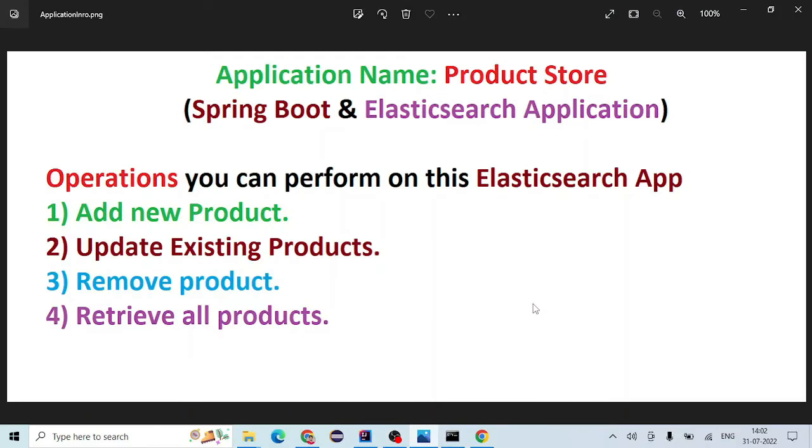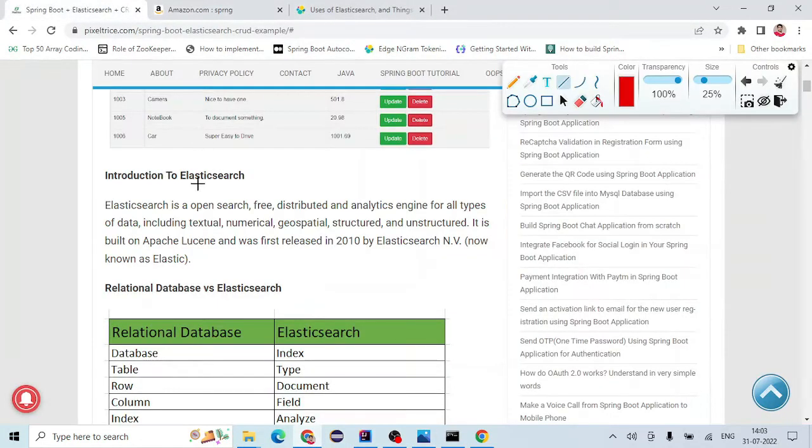In this tutorial, we are going to build another Spring Boot application named Product Store. The purpose of this application is to learn how to integrate another technology called Elasticsearch in your Spring Boot application. If you don't know what Elasticsearch is, then I will give you a small overview of what exactly